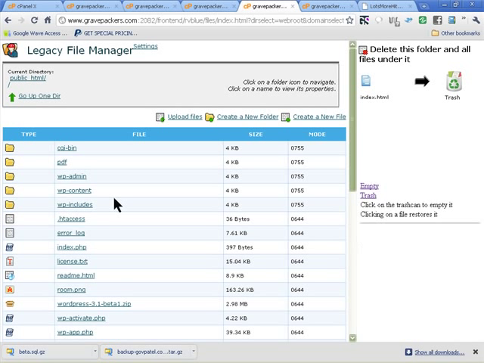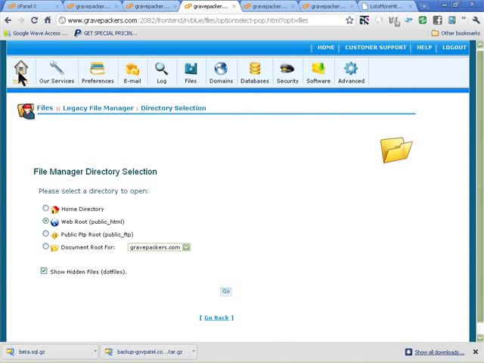Once you deleted that one, we got to make some changes. Because I changed the domain name as well, I have to go into my database and change the domain names and change my configuration file. And since we're restoring the database onto a new server, we have to create a user as well. So what we're going to do is go into home again,